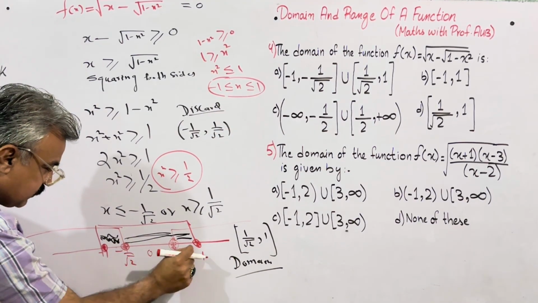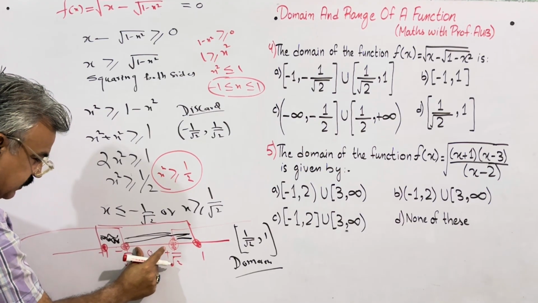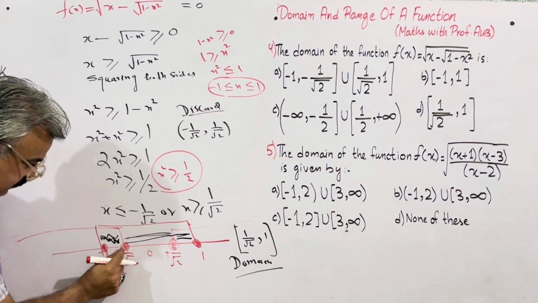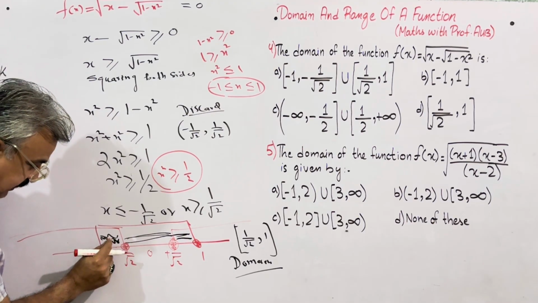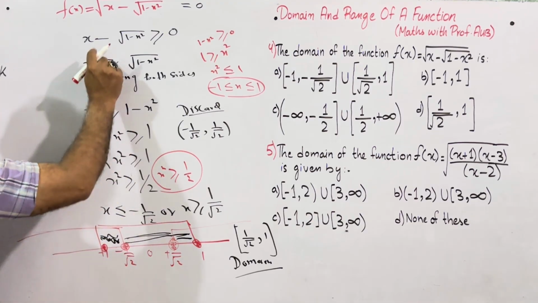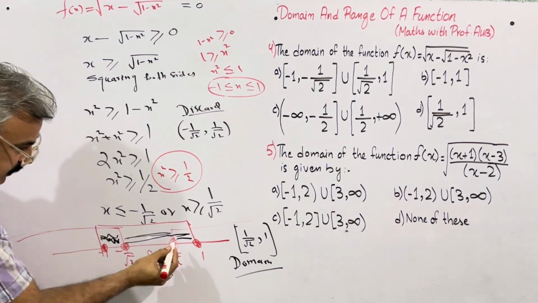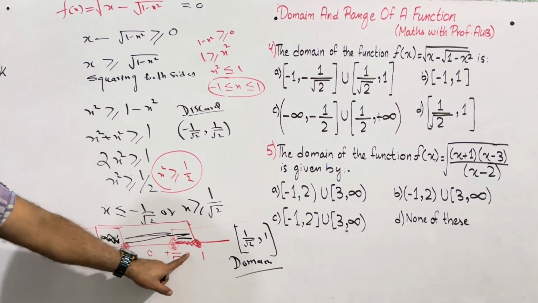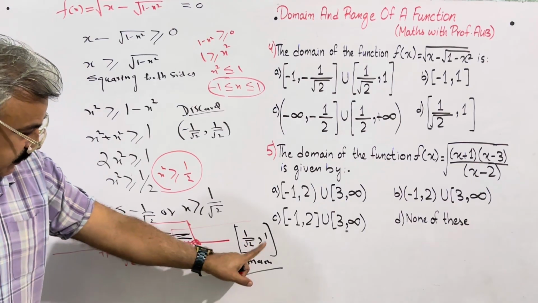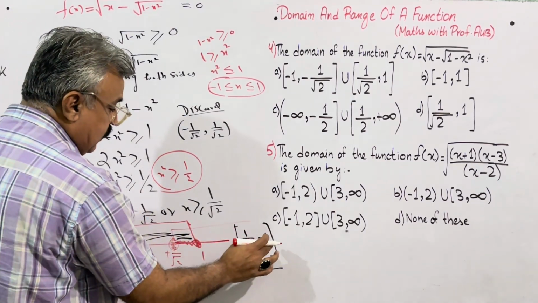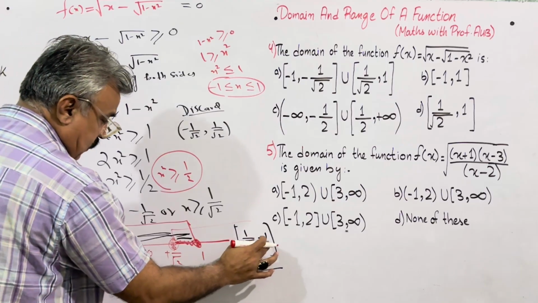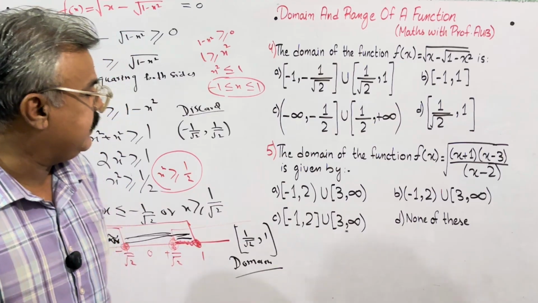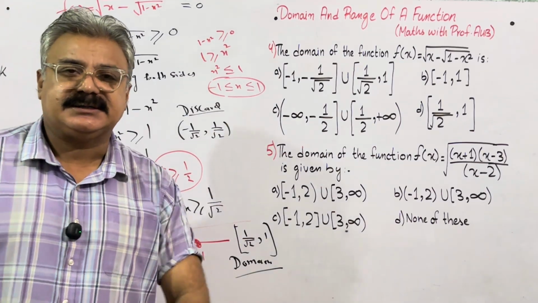Pointing out or mentioning all these points here, we have already excluded this one because it gives negative values in the square root. This is also a negative portion. We cannot afford negative values of x, and they also give negative values of this overall function. One can plug in any value. What remains here? This is the tiny portion of our domain that I have written: 1 over under root 2 to positive 1, including 1 over square root 2 and 1 over under root 2 to 1. That is our domain in that case. In that case, our option number D is the right option. Moving towards the next question, we have